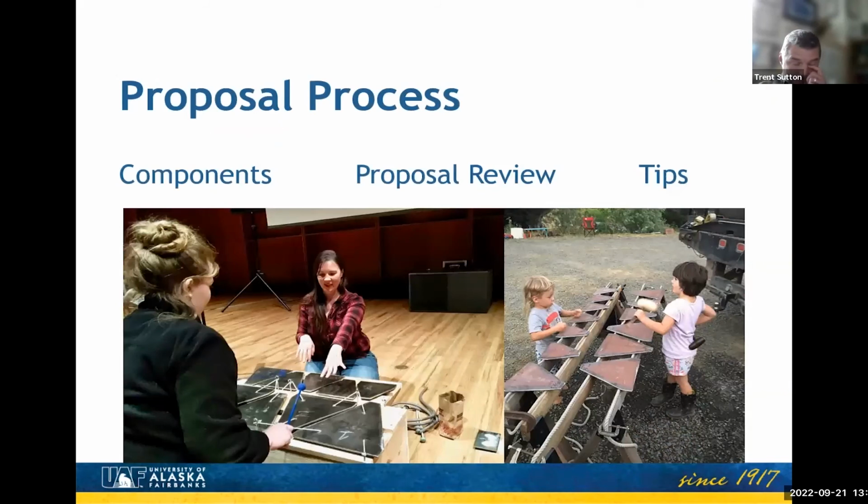Okay, the last couple of things I want to talk about here with the remaining time we have left is the proposal process. So you've got an idea, you've got a mentor, you want to get a funded project, you want to apply for URSA funding. So this is where the proposal comes in. I'm going to talk about what are the components of the proposal that you have to develop and write, how the review process works, and then some tips that you'll know that other people who didn't participate in this session today won't know that can make a difference in getting funding or not.